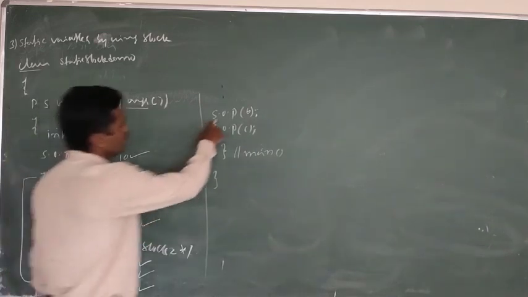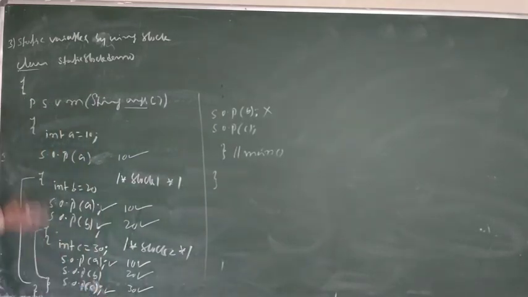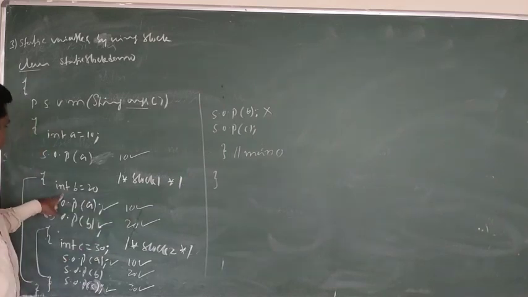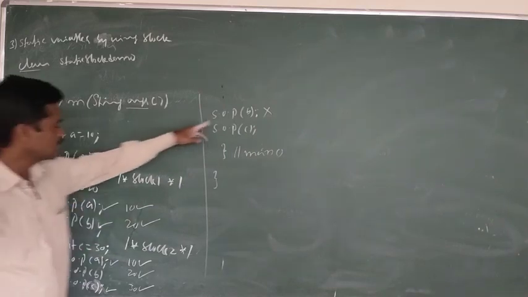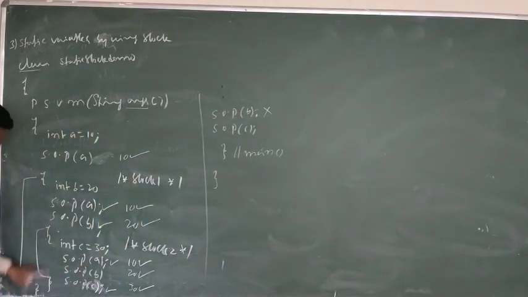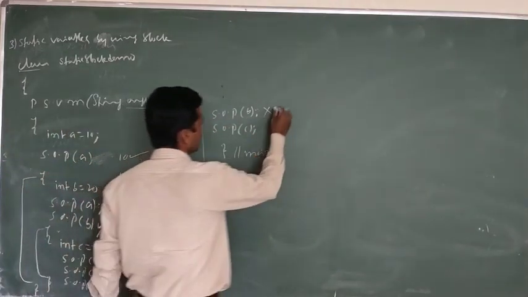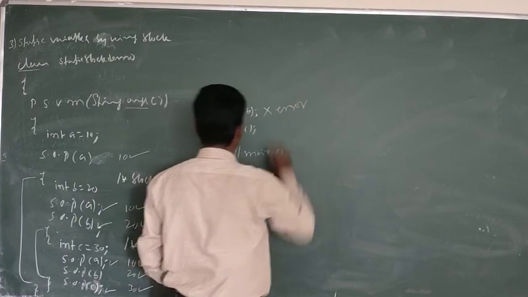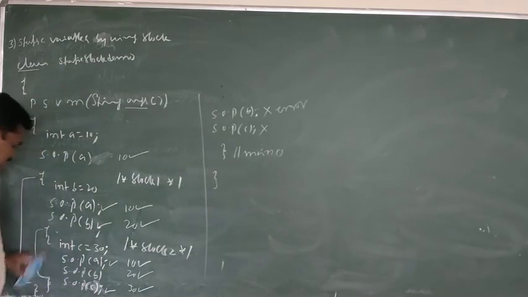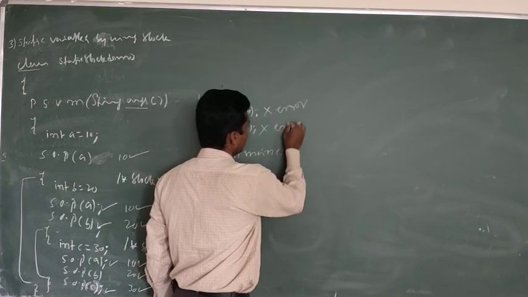Now system.out.println b is not accessible. Why? Because the block is closed here. Block 1 is closed, and b was declared inside block 1, so we are accessing b outside the block. Because the block is already closed here, but we are accessing outside the block, it is an error, not possible. And c is also not possible. C we declared inside block 2, but we are accessing it outside the block, so c cannot be accessed, error.